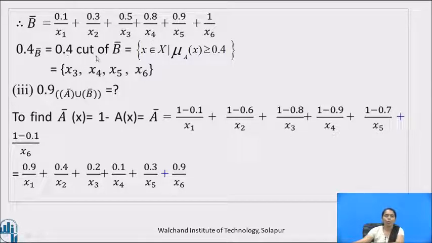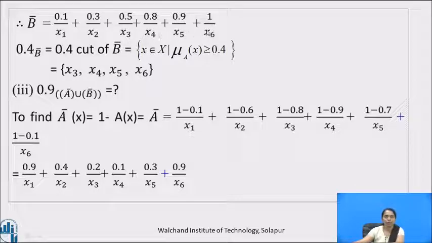Therefore, 0.4 cutoff B bar is equal to the set of small x belongs to capital X such that mu B bar at X is greater than or equal to 0.4, which is equal to the set of elements x3,